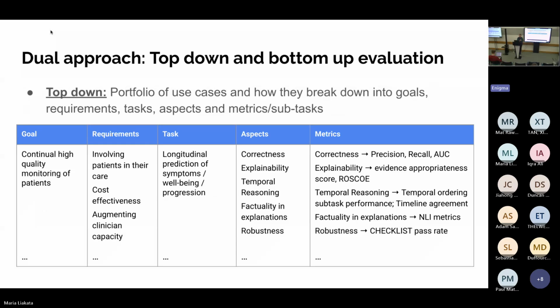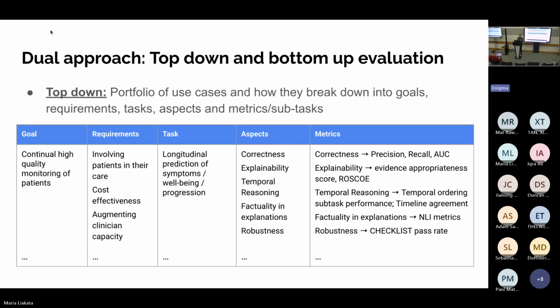We're thinking about adopting a dual approach. On one side there's a top-down evaluation where we have particular requirements and very well-defined use cases, where someone can go and find a specific, let's say, very well-defined dialogue use case evaluation scenario, and this could be used as is.